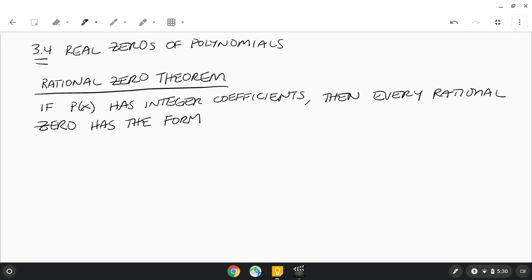So it has the form P over Q. There's your ratio,